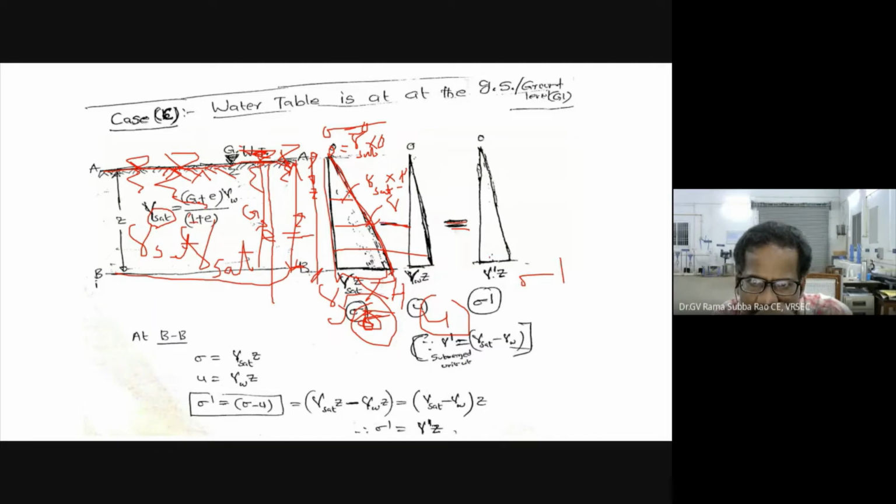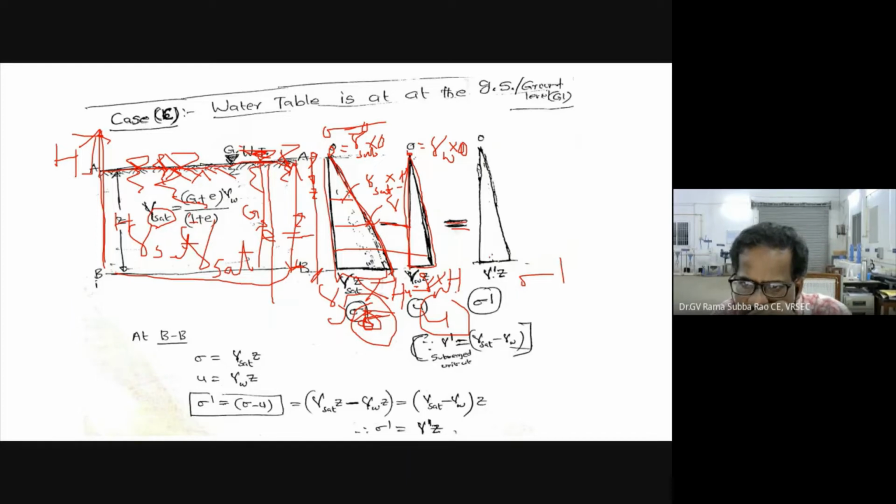Now minus pore water pressure. There is no water above the ground, so gamma of water into 0, because depth is 0. No water table or water level is there above the ground. If you go to Z is equal to H and insert a piezometer, because the water table is at ground level, the water will rise and give a reading H, since the thickness of the layer is H. So gamma w into 0 at top. What about pore water pressure at bottom? Gamma of water into height H.